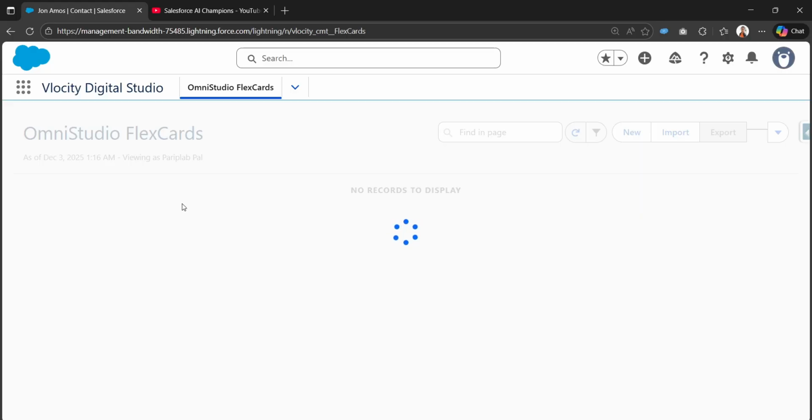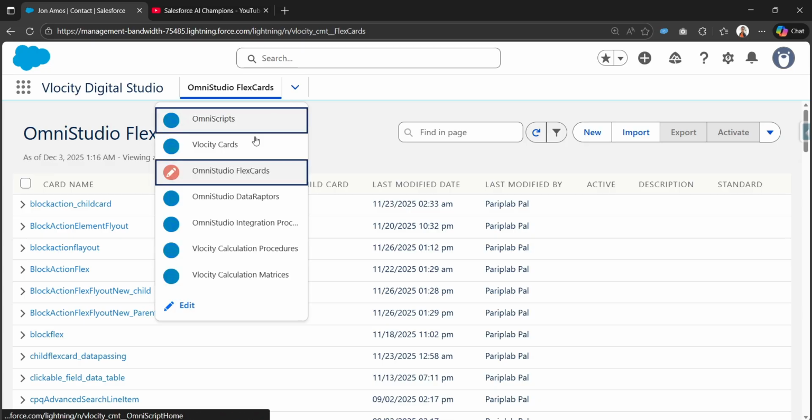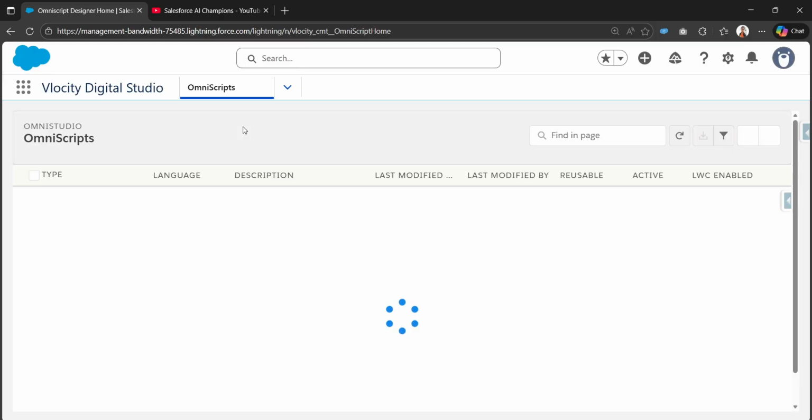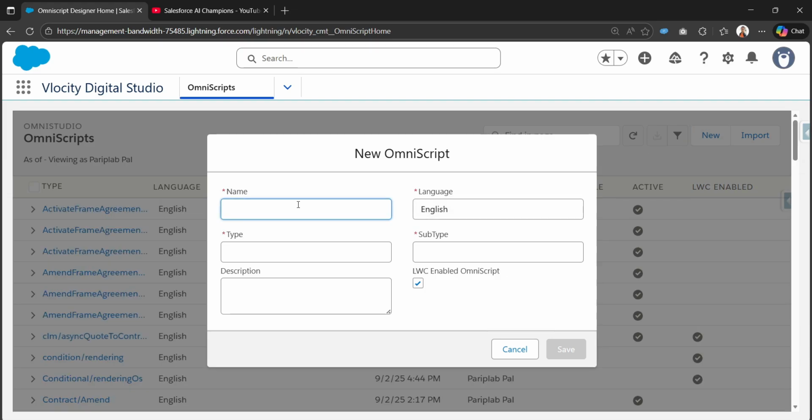Then I'll be creating the data mapper extract, then data mapper load, step by step. So let me create a new OmniScript. I'll go to the OmniScripts, and click on new to create a new OmniScript, and I'll provide the OmniScript name as edit contacts OmniScript